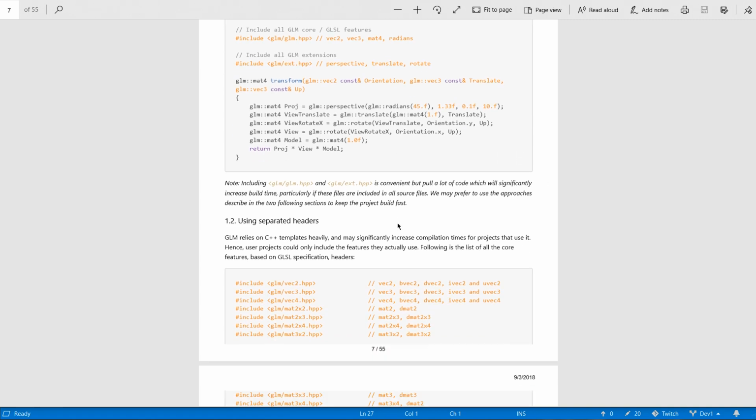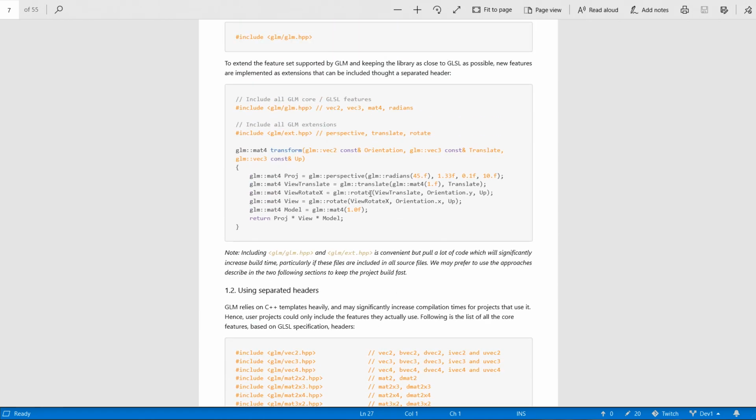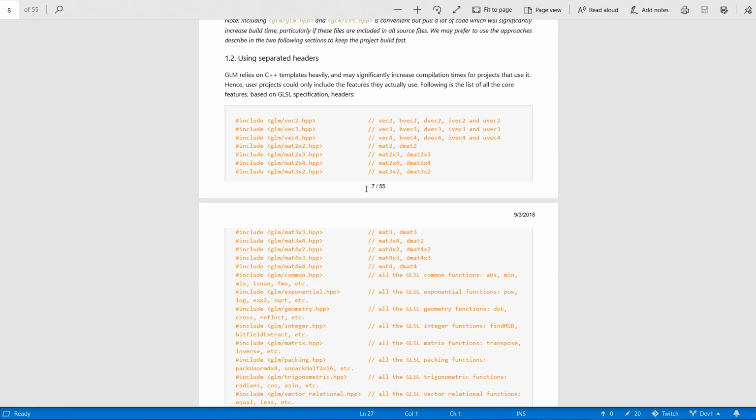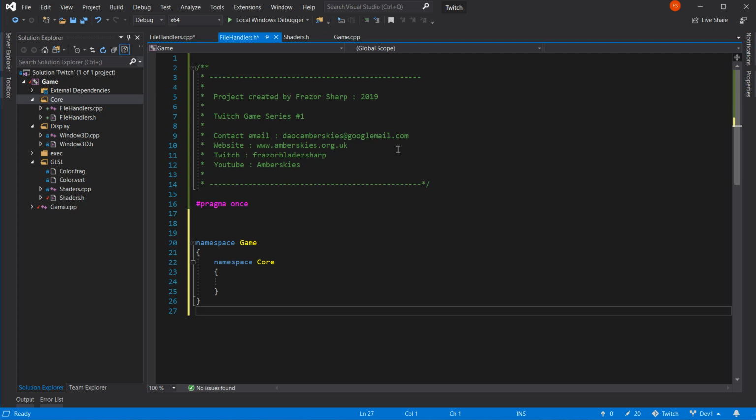What I'm actually interested in here, though, is not the perspective, it was the cross product. And we can get to that using geometry. There's your cross product there on GLM geometry. So I'll be using that in the very, very short future. That's to get me normals. We're going to need normals.